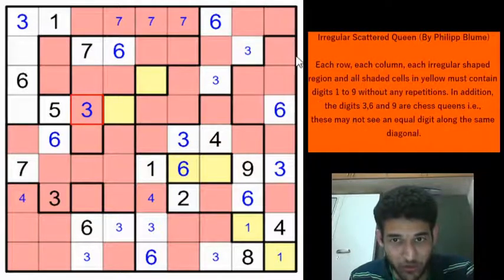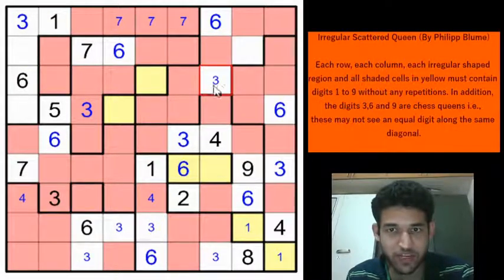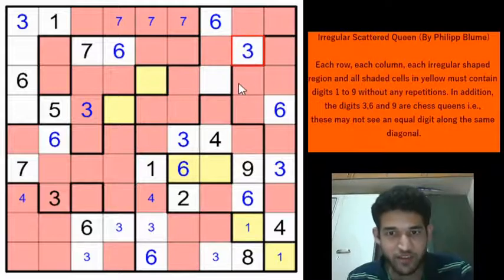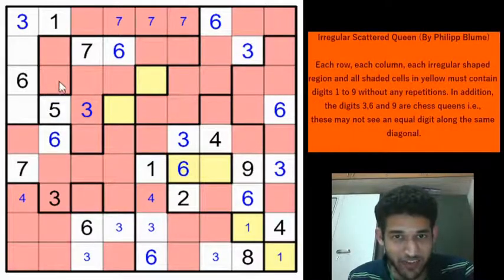Okay, if you look at row 2 now, this can't be a 3 obviously because of this 3, and there is only one cell left for the 3 in that row. The rest of the cells we have marked using red, so this will be a 3, right? And this cell can be eliminated as a 3 now. And now if you look closely, we have eliminated 8 cells as possible location of 3 except this yellow cell.